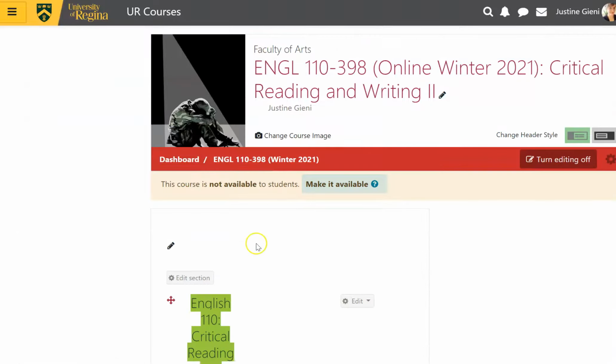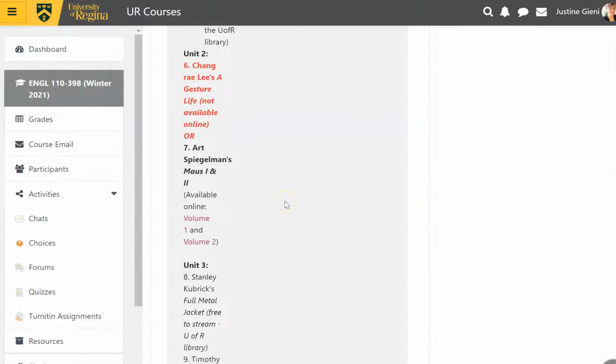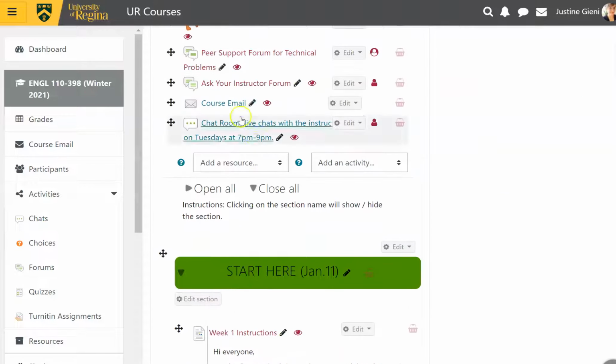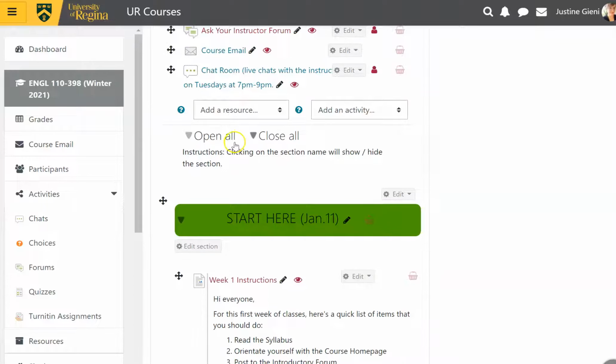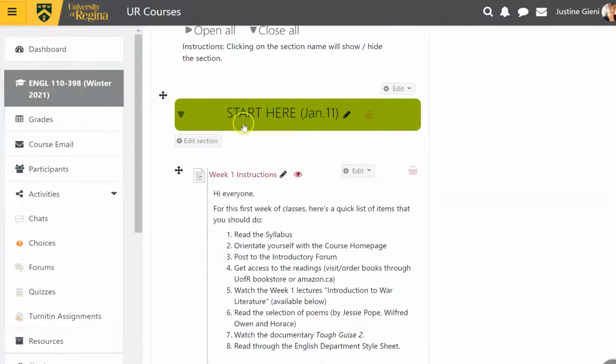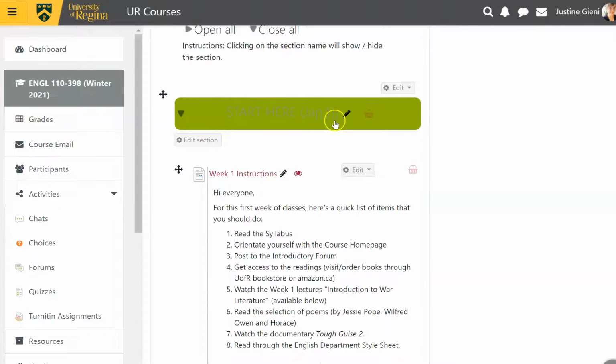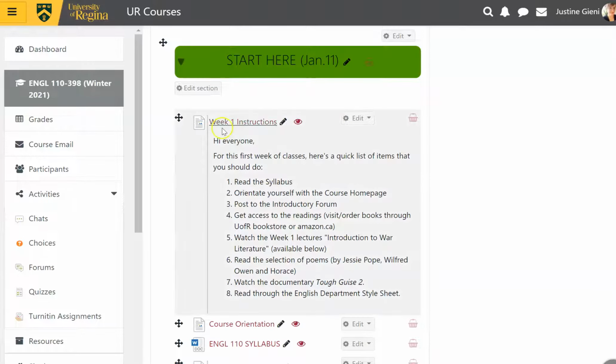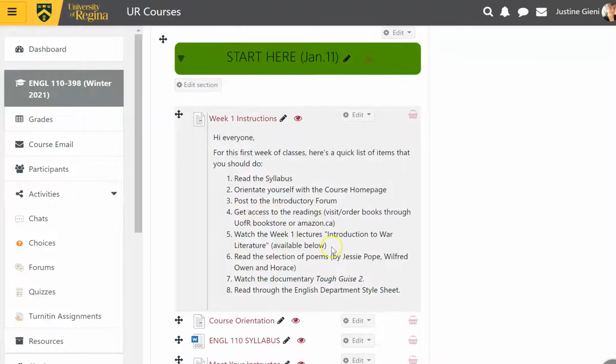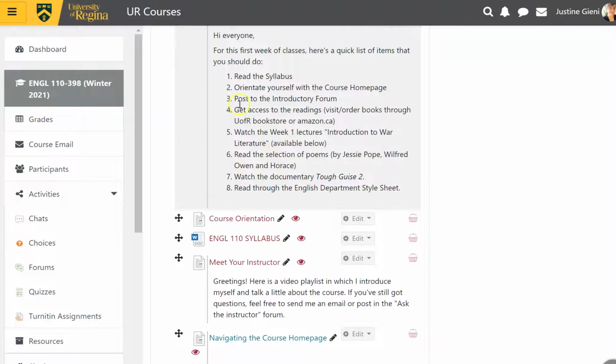What else? So, back to the course homepage. That's the basic stuff there. And then you can start here for the very first day of classes. In every unit, I'll add a sort of to-do list. This is your instructions for that unit, or for that week, or for that day, and it gives you a list of things that you should be accomplishing within